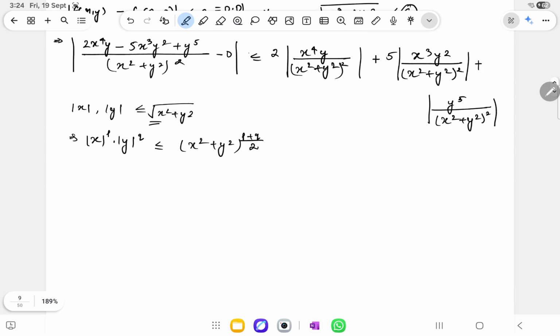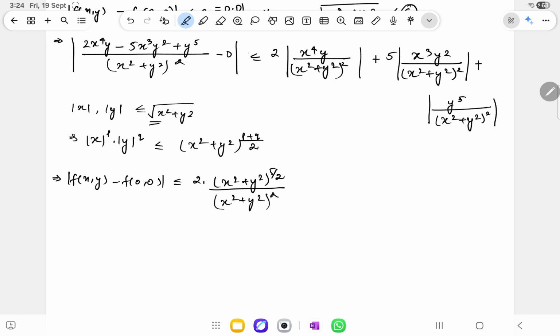So from here we get mod of f(x, y) minus f(0, 0) less than or equal to 2 times, here it is x^4 y, which gives (x^2 plus y^2) raised to 5 by 2 divided by (x^2 plus y^2) squared, plus 5 times,